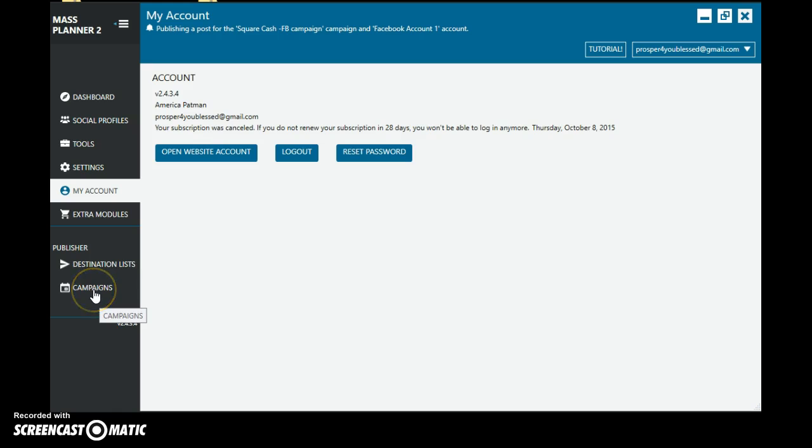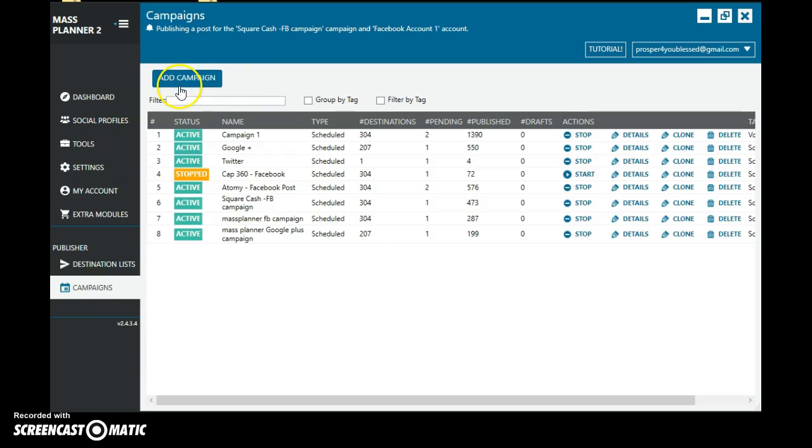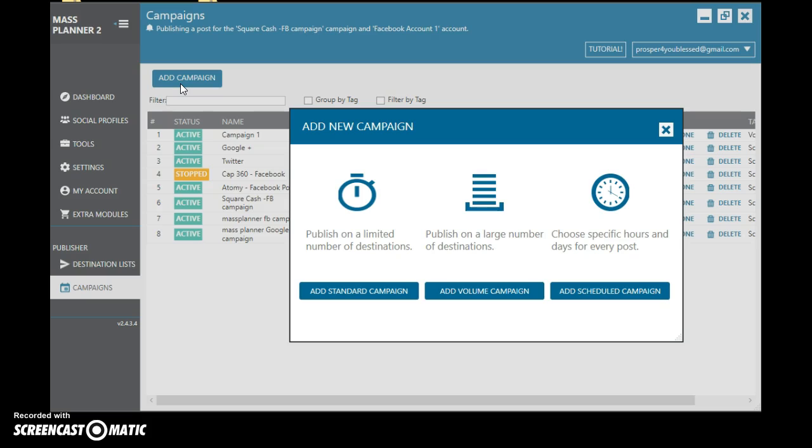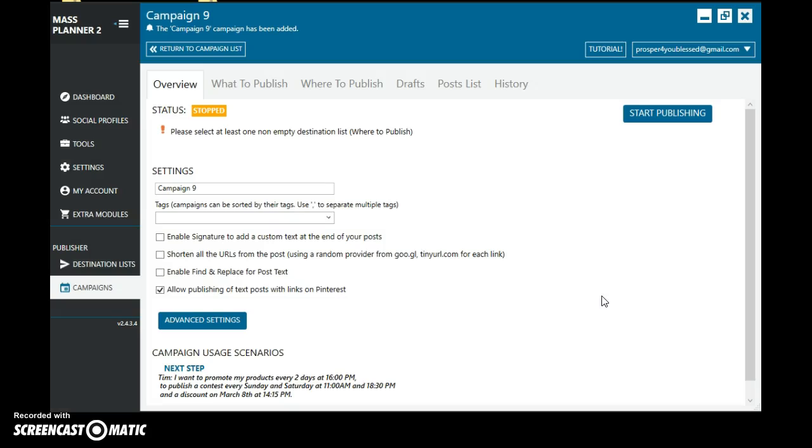So if you click down here under campaigns, what you'll do is you'll add a campaign. I schedule my campaigns through different times throughout the day. So I picked add a scheduled campaign. And what I do here is I just name it something. You can name it, like, you can separate it: Facebook auto post for whatever it is that you're promoting. So I'm just going to put test 1, and then you're going to pick scheduled,